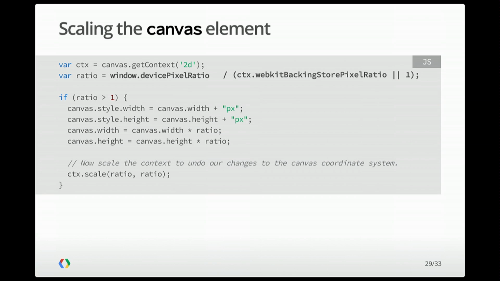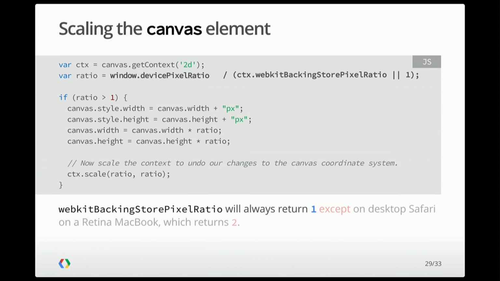WebKit browsers introduced this thing called the WebKit backing store pixel ratio. Say that 10 times fast. And the WebKit backing store pixel ratio always will return 1, except in Safari on the desktop on a Mac Pro Retina. All right? So it's literally one case that we need to deal with this on, where it returns 2 because